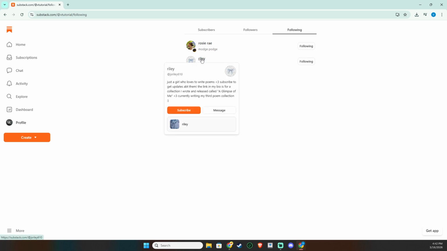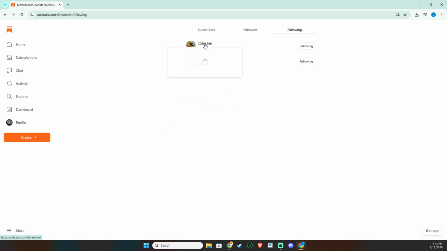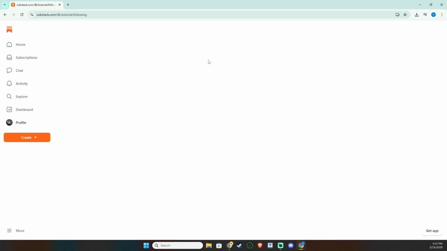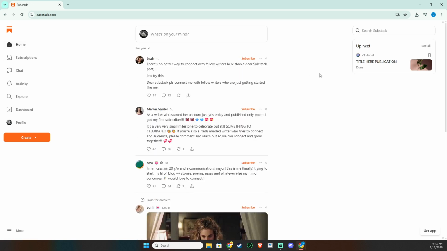That's the entire process. Open Substack, go to your profile, choose See Subscribers, switch to Following, and use the Following button next to any account to toggle Unfollow. You can repeat this for as many accounts as you like, and you can refollow anytime with the same button. With this simple workflow, keeping your Substack following list focused and relevant is straightforward.